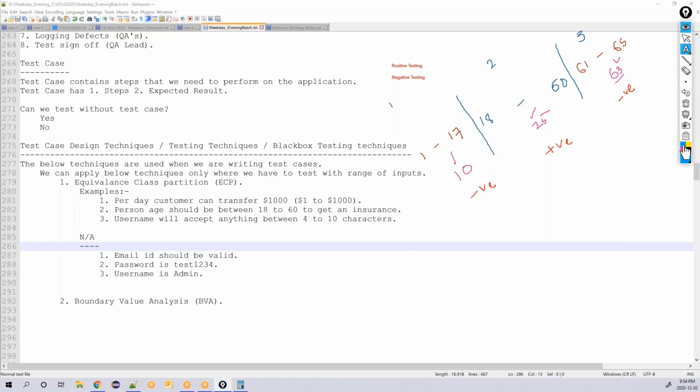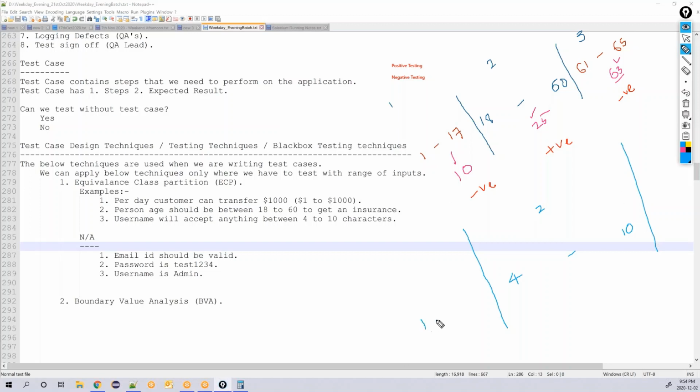Now, similarly, if you are taking another example, like a username that will be between 4 to 10 characters. For this, I'm taking the scenario now. I'm saying 4 to 10 is your valid input, so this is the second partition. I'll have one partition here and another partition here.